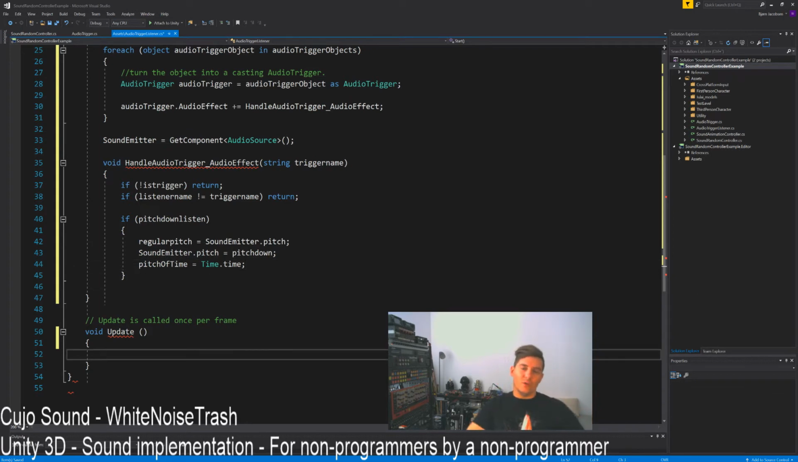Down here in our update, we are going to check, because we established that regular pitch is the same as our sound emitter pitch, and we have altered the sound emitter pitch afterwards to the pitch down value that we gave it. So pitch of time is equal to time dot time. So we track the current time, and we want the time to sort of roll back so that we can update this. So if sound emitter dot pitch is, what is it, smaller than regular pitch,